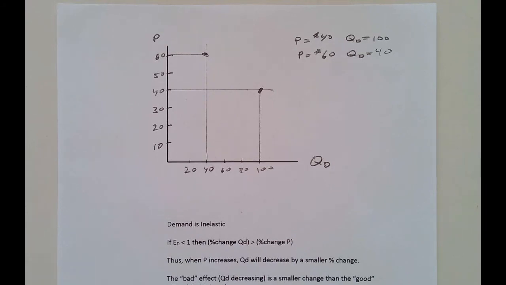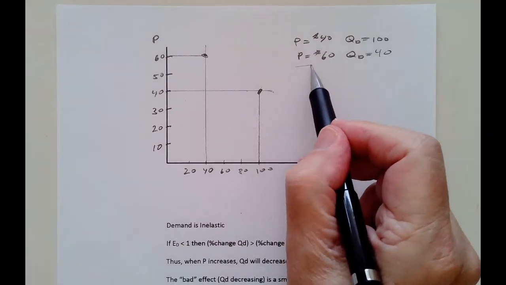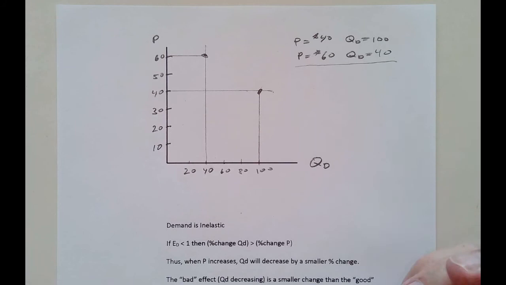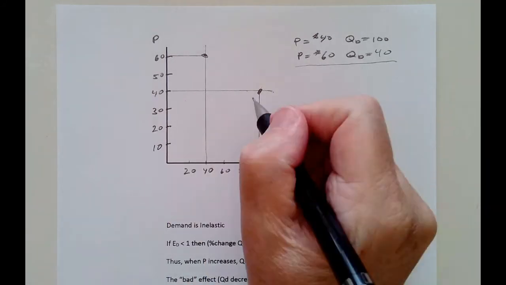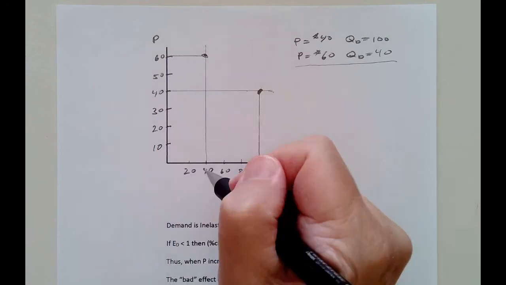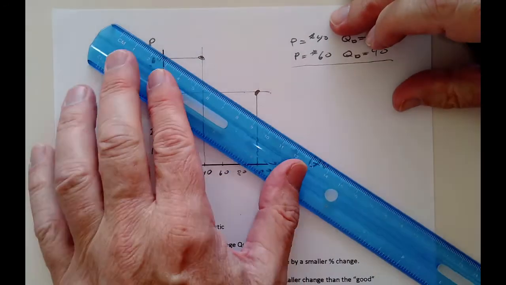Hello, what I did when I stopped the video is that I put some reference points in here. So again, this is the data we had on the previous slide where we got the elasticity to be 2 1/7. And then I plotted $40 and 100 units right there. That's where we start. And then we raise our price to $60 and now we're selling 40. And so I can connect those two dots and that will be,